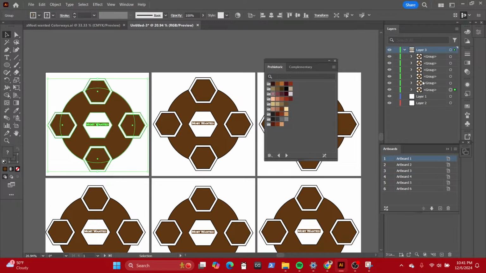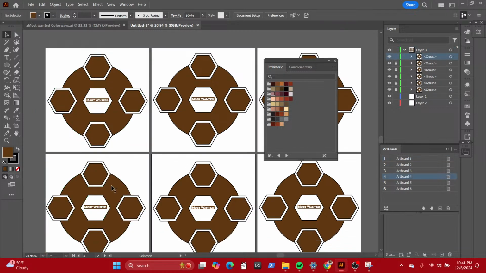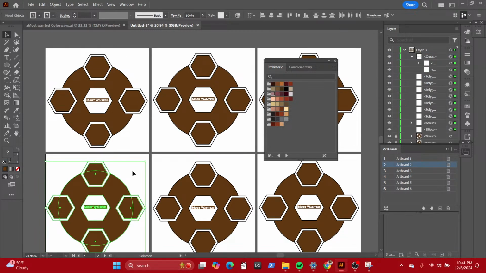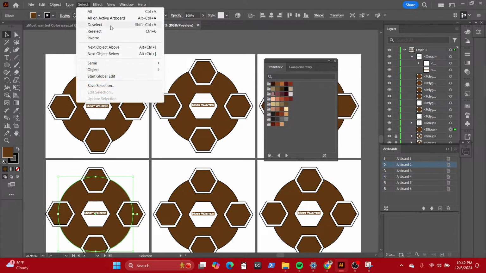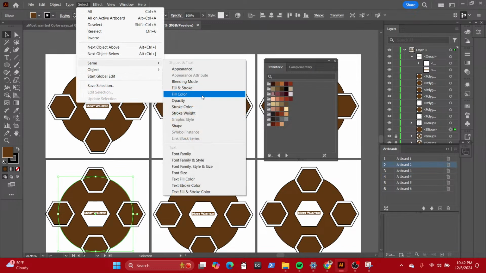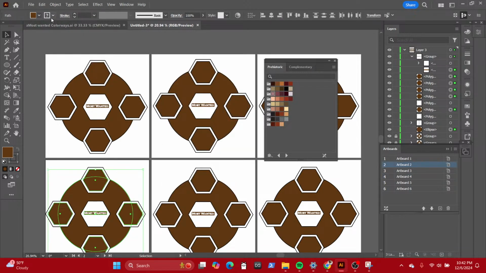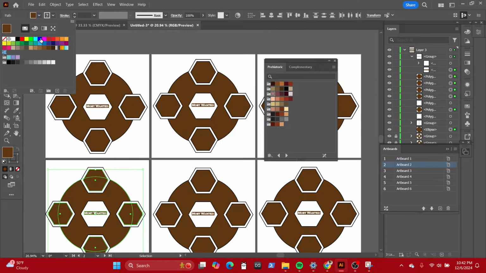This group is that bottom one, so we're going to lock this up all the way until just that one. Let's just start with this one, right? Now we're going to ungroup. We're going to do select same color fill. That's just going to be all the browns. So if you see, we change it, it just will change the browns. I mean, just to change their color.